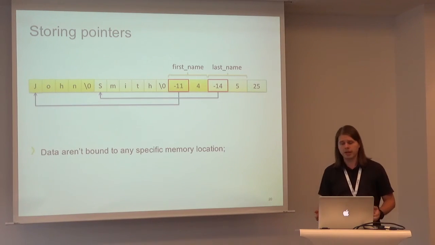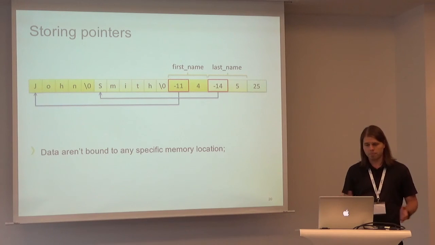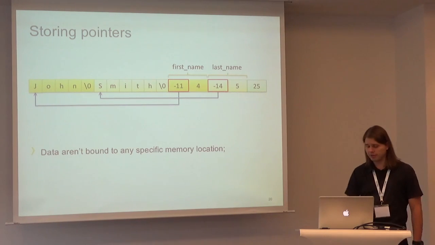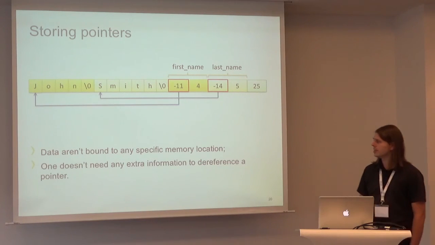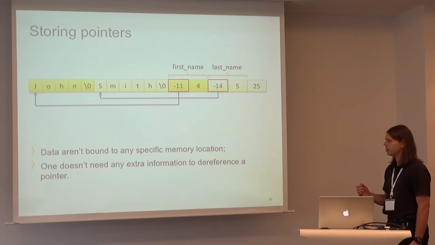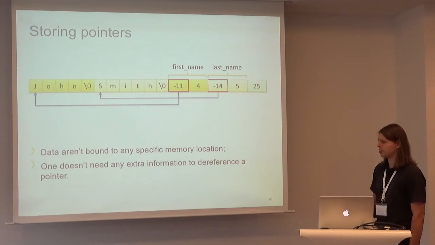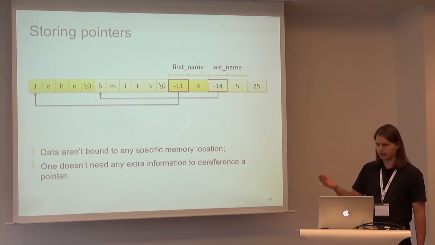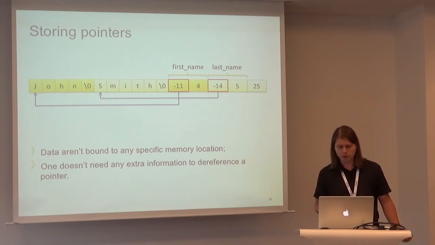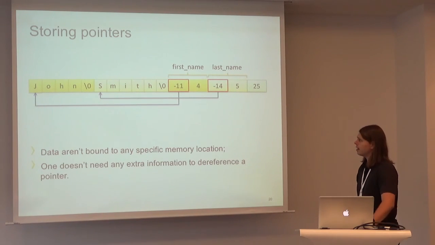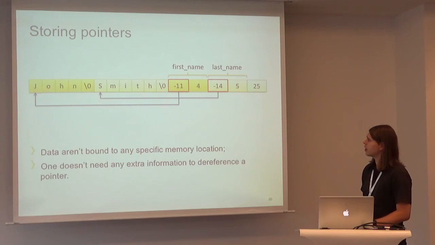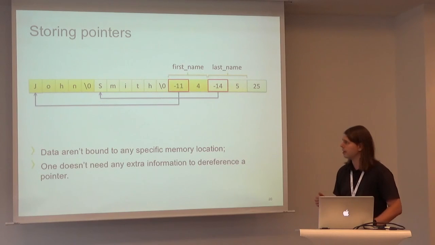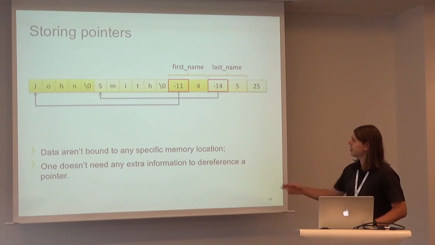They're relocatable, they can be brought anywhere, and provided these displacements don't change, we can easily dereference things. But on the other hand, we don't need anything to dereference a pointer besides the pointer itself. We just take the address of the pointer, shift it by whatever the pointer contains, and get the real pointer, the real data. Having all that said, we can try to reconstruct a class behaving like a well-known standard string, taking, well,